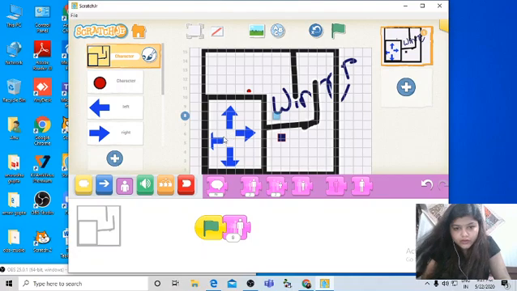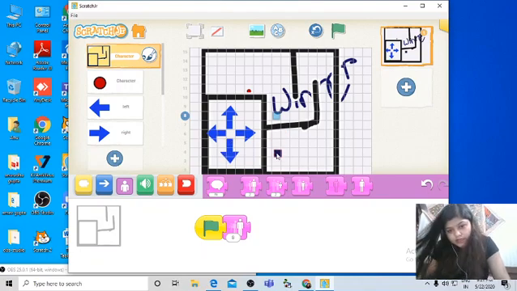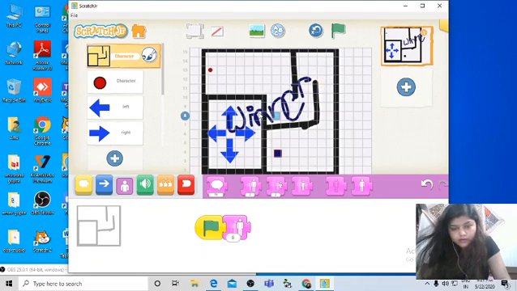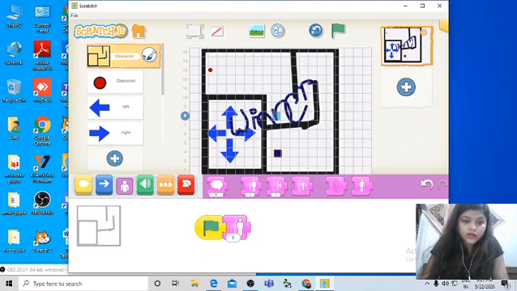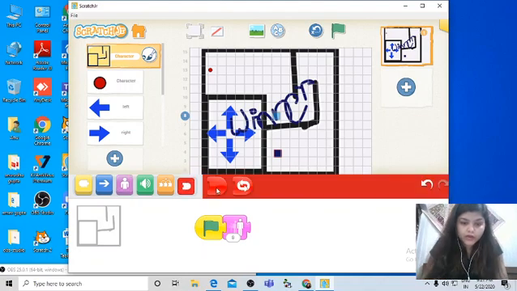You need to manually place all the characters. I'm placing that box here and the red dot here, and the winner message comes here. Okay children, now from the end block I'm choosing end here. Now I'm done with the code of the maze.